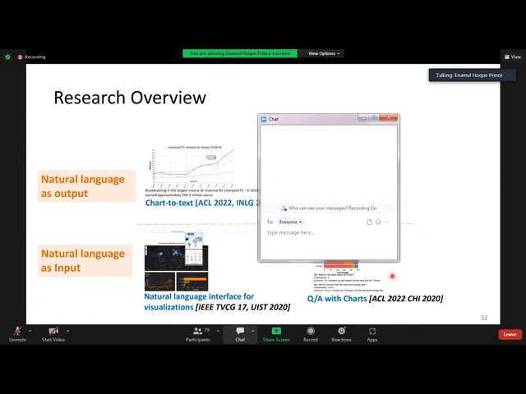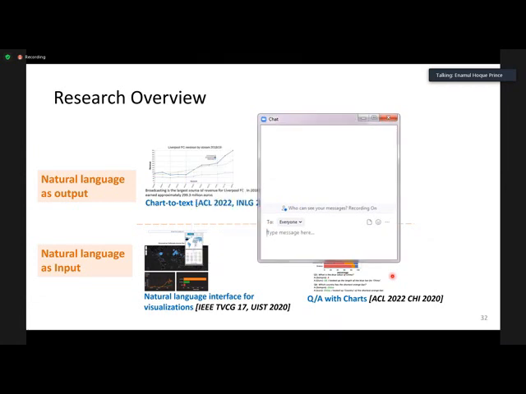I think one of the main bottlenecks that we had is there are lots of charts that you can create using those automatic chart construction tools like Matplotlib or whatever tools. The problem is that we don't have human written summaries for those charts.